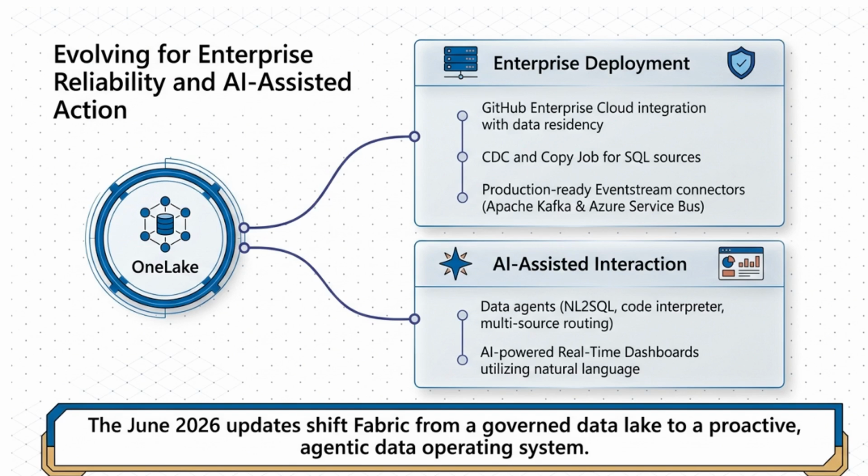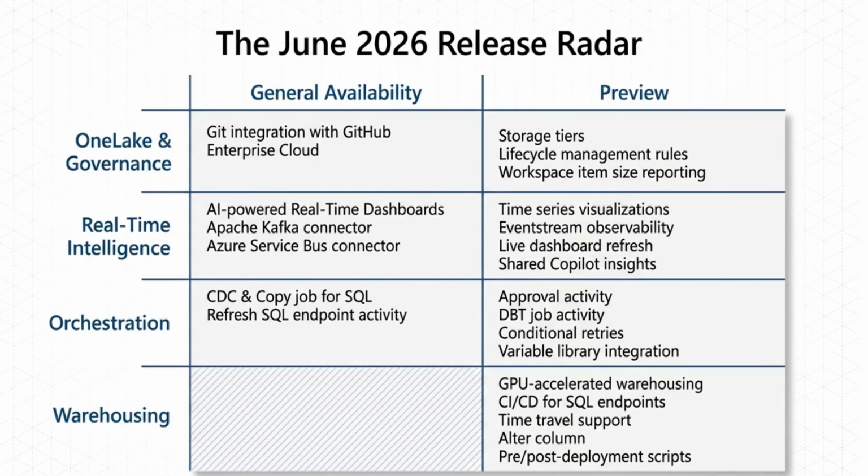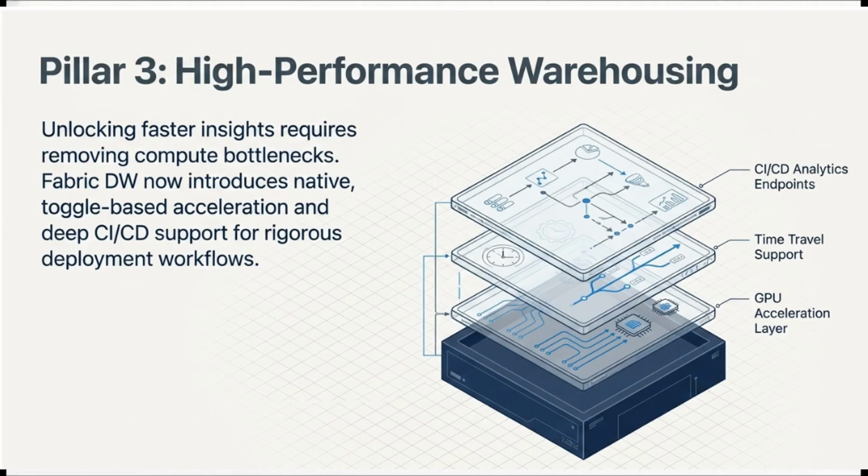Now, these general availability updates are completely focused on solving those genuine, everyday headaches for data teams. Take the new GitHub Enterprise Cloud Git integration, for example. It now includes data residency, which is absolutely huge for meeting strict geographical compliance rules. We've also got change data capture, or CDC, and copy jobs for SQL-based sources hitting GA. That is a total game changer because it makes incremental replication an absolute breeze, completely removing the nightmare of writing